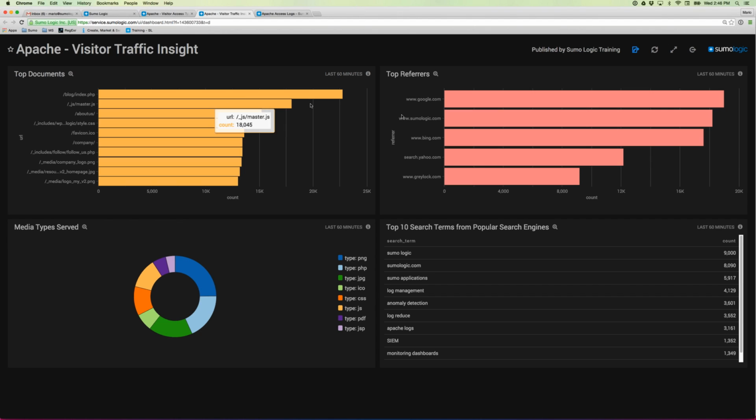Pretty similar to the previous one, except that this one has a dark theme that is preferred by a lot of our folks that are putting these up in their NOC centers. But again, this is a live dashboard. There's not a whole lot of interactivity. The little bit of interactivity that I can do with these dashboards is, if you look at this magnifying glass right next to the title of